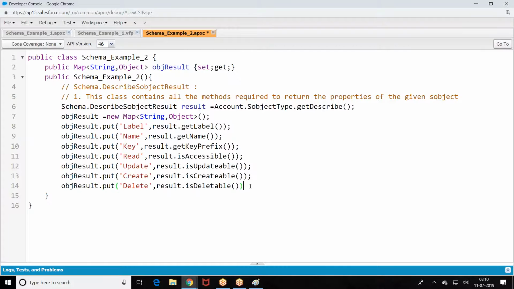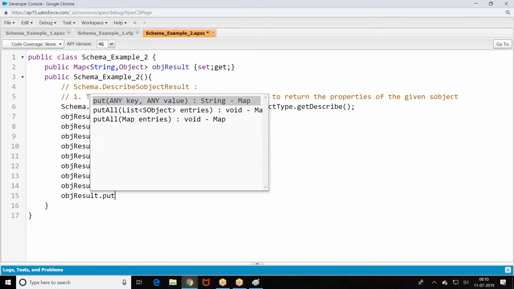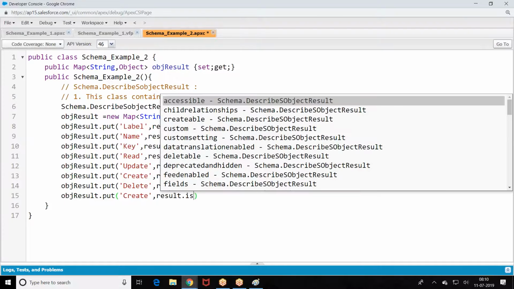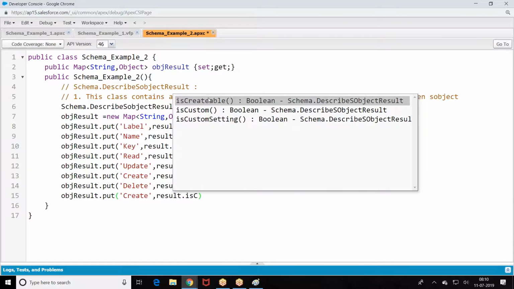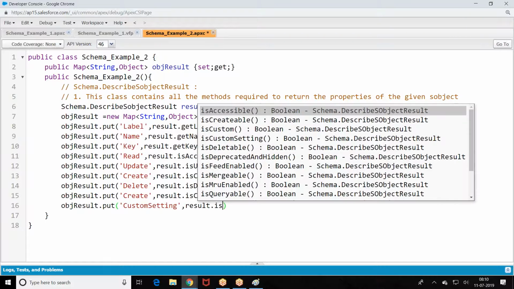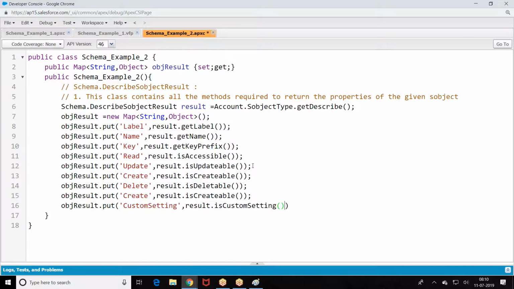Deletable, creatable, put. Here it is double row. Custom setting.